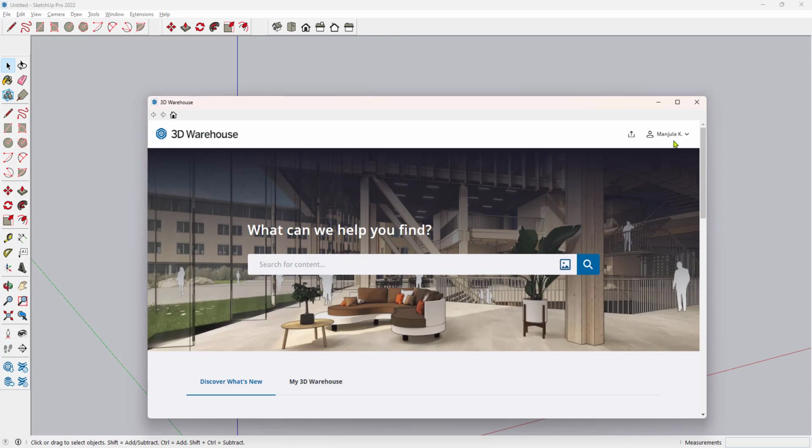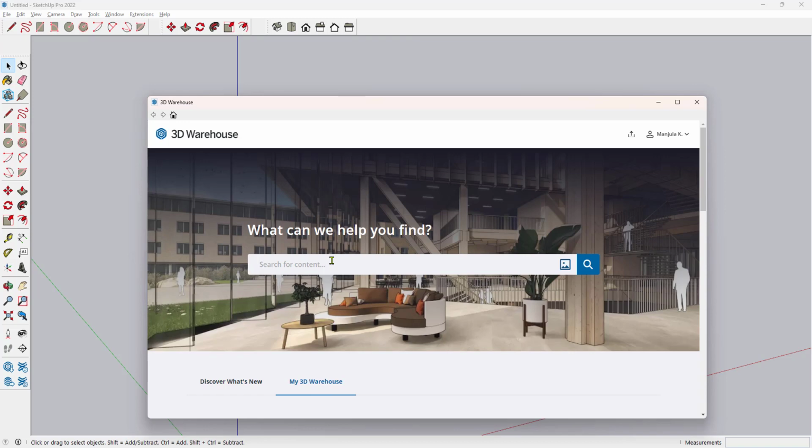Before using this, make sure you have logged in with your Gmail ID or any other account. You can even create a new ID for this. And here we have a search where you can find a particular name, or which company you want to search. Next here we have My 3D Warehouse, where you can even upload your own creations.